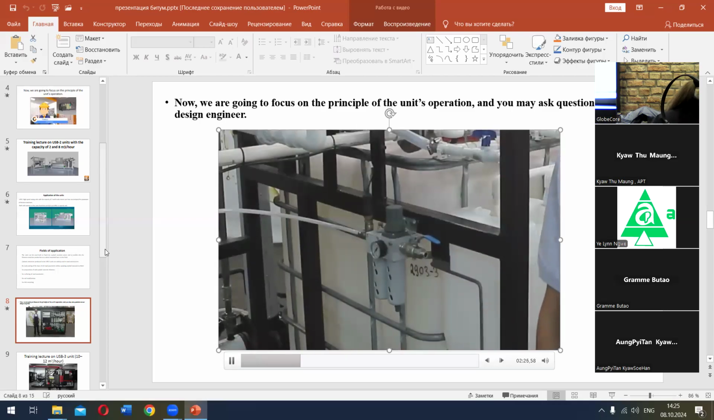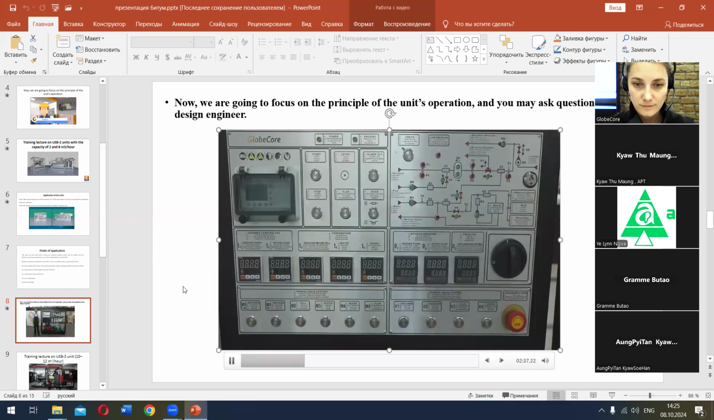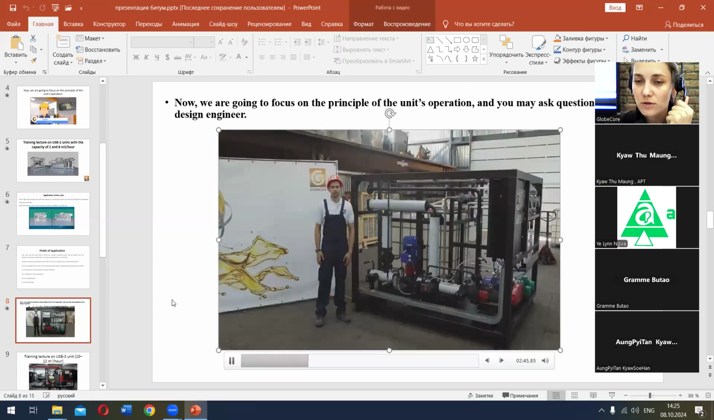Our unit is equipped with a compressed air supply section. Next, automatically operated valves, which allow ensuring their operation. In order to ensure operation, the unit is equipped with an integrated control device. Now let's focus on